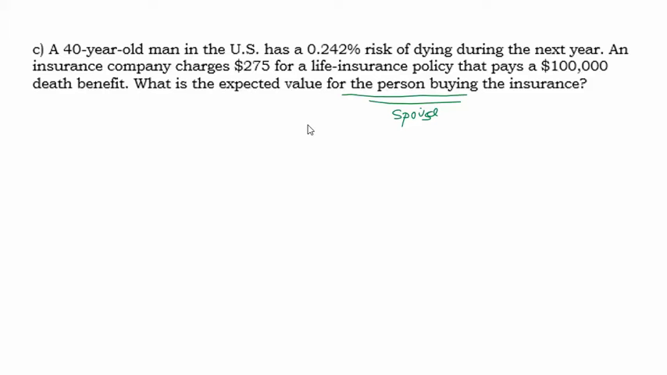Let's think of it like the raffle ticket. We know the spouse has to pay the insurance company $275. So there's a 100% chance that you're going to have to pay that $275 to get this life insurance policy. From the perspective of the person buying the policy, they're going to lose $275, but they could gain $100,000. What's the chance they're going to get $100,000? They only get it if the 40-year-old man that's insured passes away. What's the chance of that in general for the insurance company, and of course it depends person to person, is